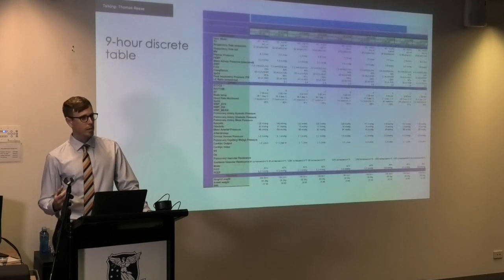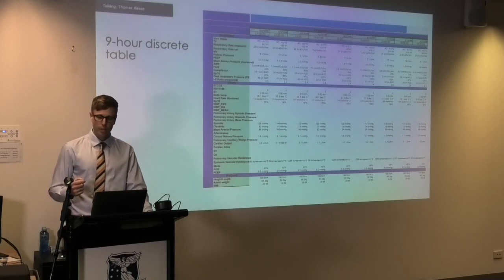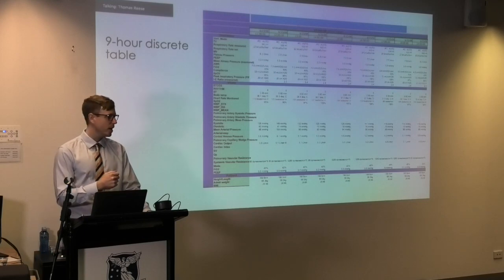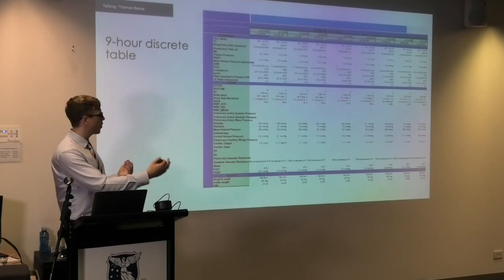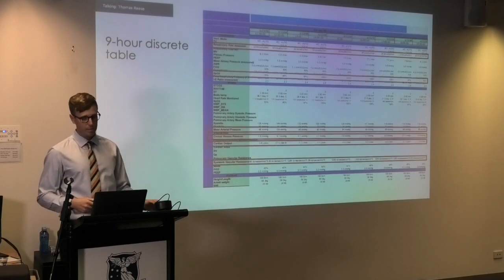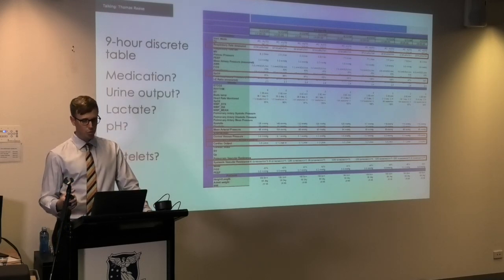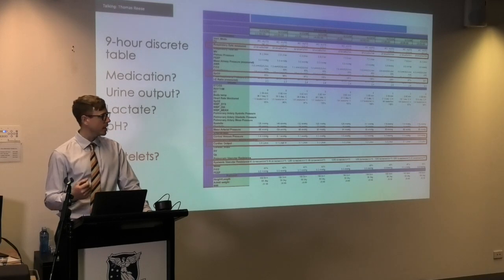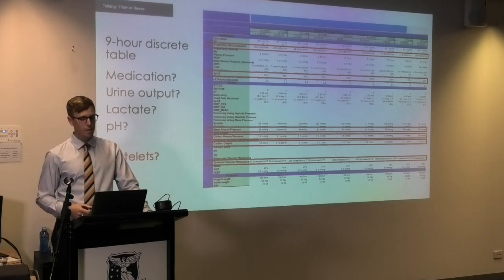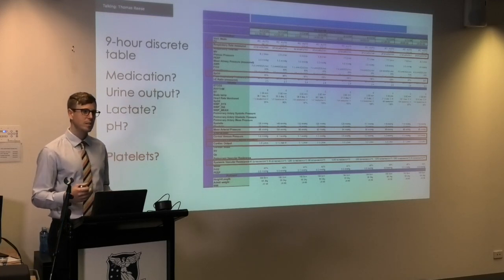Contributing to this atypical presentation, the intensivists were likely looking at an electronic health record similar to this, where you have a list of data elements on the left-hand side and then 9 hours of discrete values. If, for example, you were looking for shock data elements, they're among other data that may not be relevant. And compounding this issue, where is the urine output, the lactate, the pH, the platelets? They're not on this screen. The clinicians need to go digging for these key data elements. And really the effort and cognition needed to combine these to identify trends could have contributed to how these clinicians